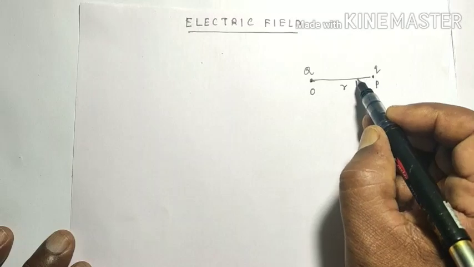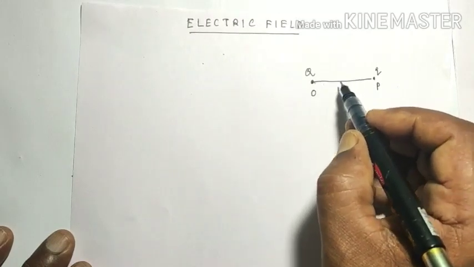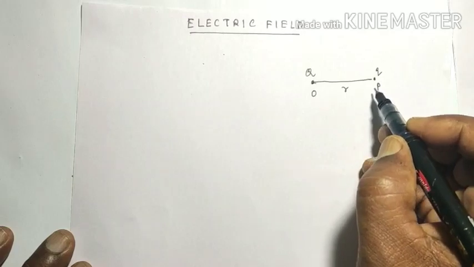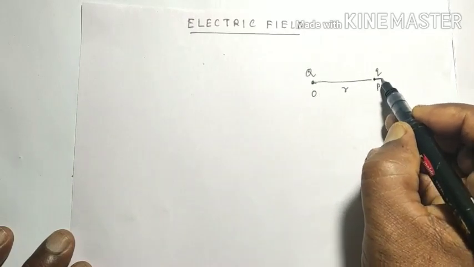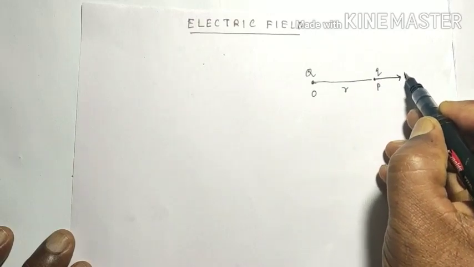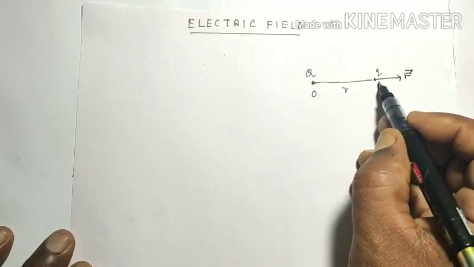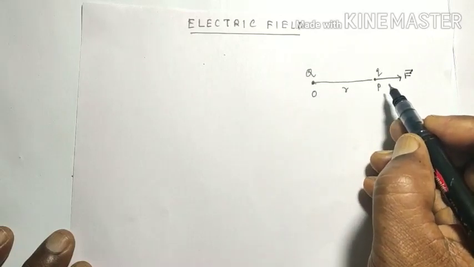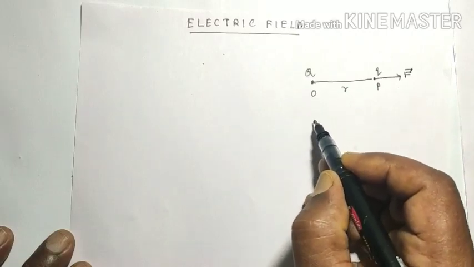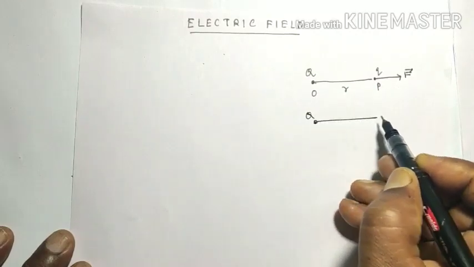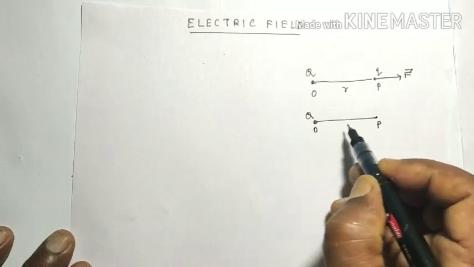That is, the force is along the line joining the two charges center to center. If both are like charges, then the force is outward. This is the force exerted by capital Q on small q. If the charge q is removed, suppose the charge small q is removed at the point P,